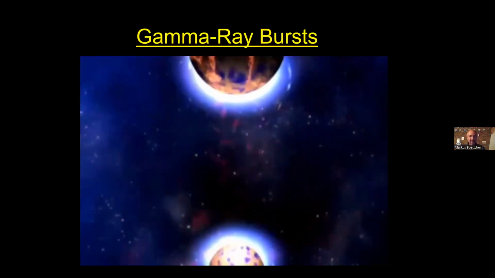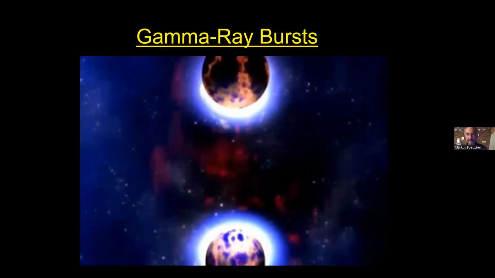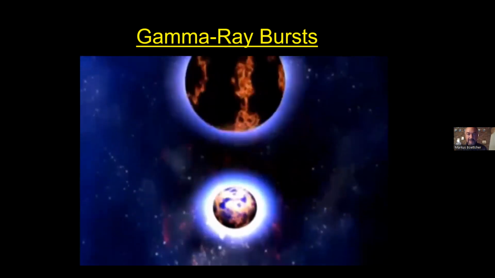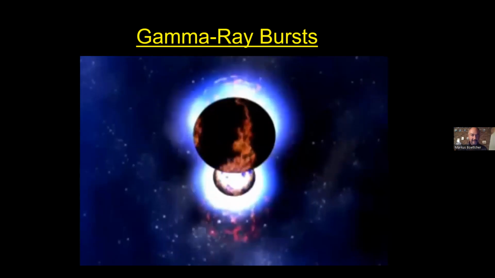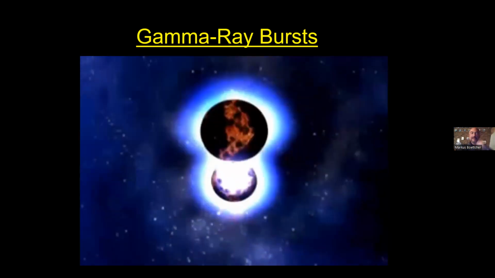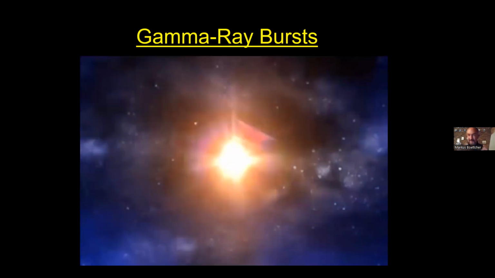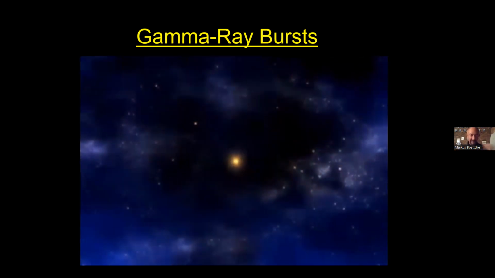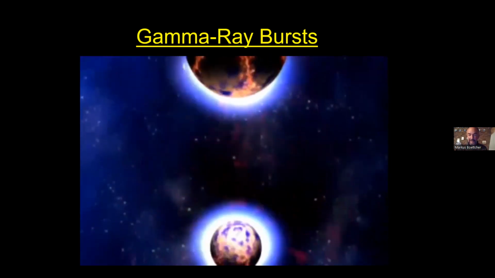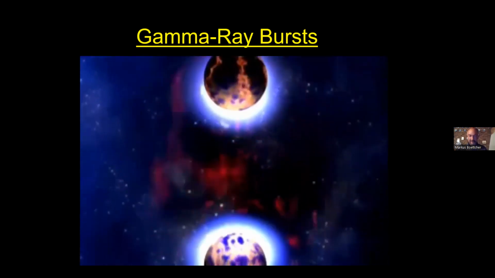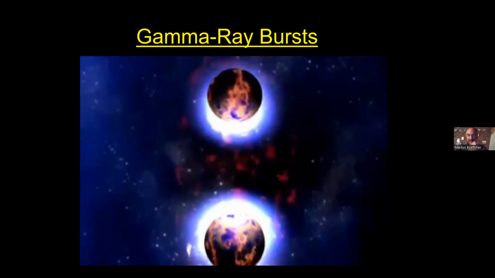Now there are short gamma ray bursts that only show up for less than a second typically. Those are now pretty well understood to be the mergers of two neutron stars. So two neutron stars that lose energy by gravitational waves. Many of you may have heard of another breakthrough that I could give another entire talk about, the detection of gravitational waves that we see when space-time is distorted by rapidly moving, very massive objects.